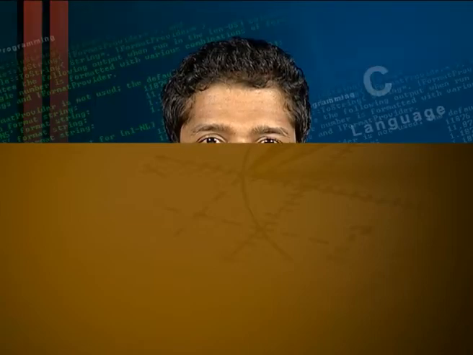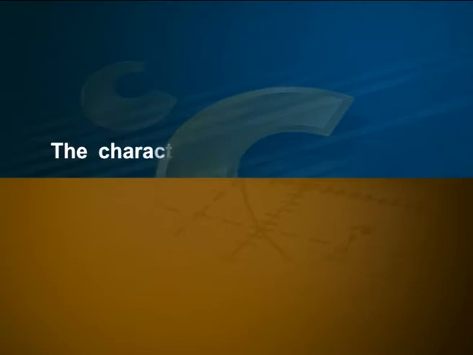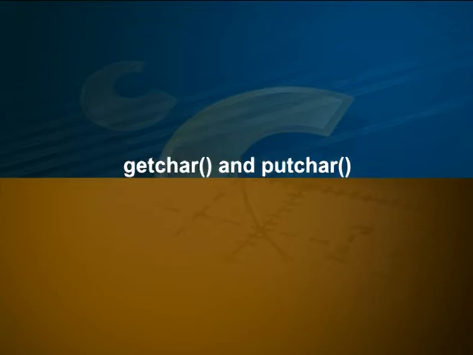The next line, printf("the character is"), displays the text as it is, and the following line, putchar(c), prints the character c that was read from the keyboard in the same line. The character gets displayed at the current cursor location, and the cursor is advanced by one position. getchar and putchar can be used as basic blocks if we want to write more sophisticated input and output routines that are not available in the standard library.